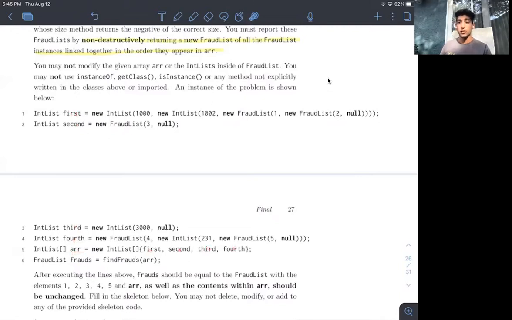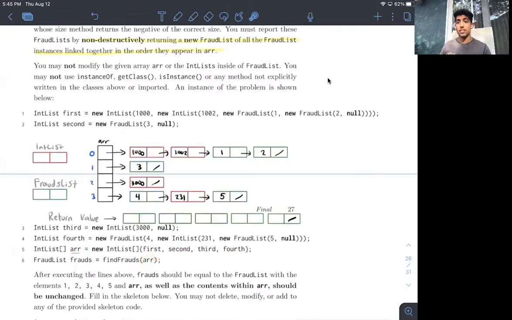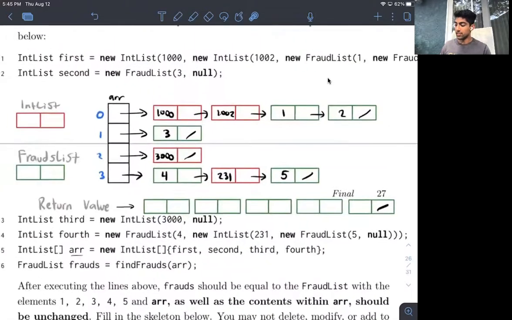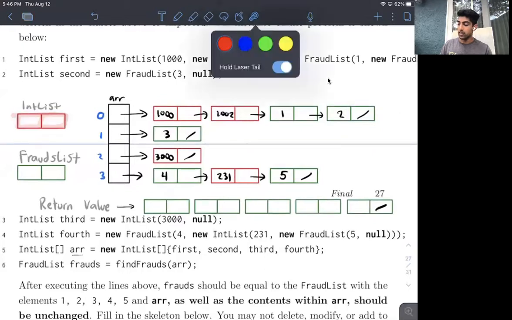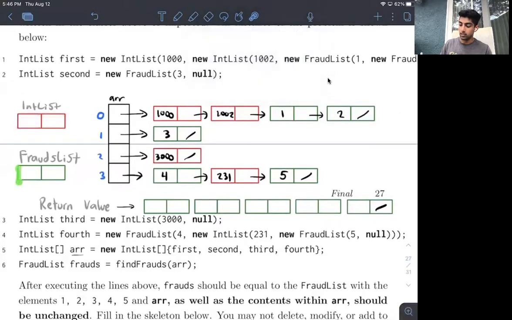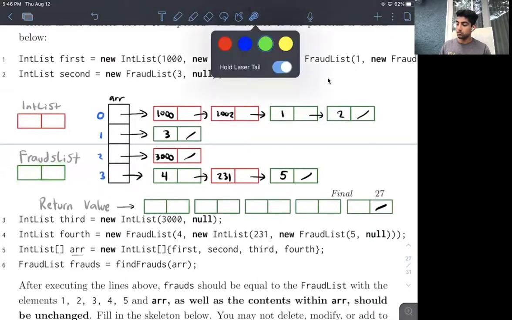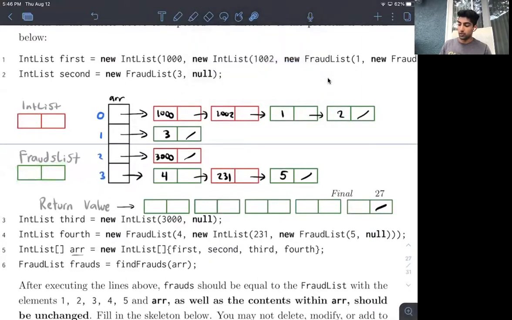Then we call findFrauds on this array. Visually, let's imagine an IntList drawn with a red box, and a FraudList drawn with a green box. When looking at this array, it looks like there are some FraudLists here.